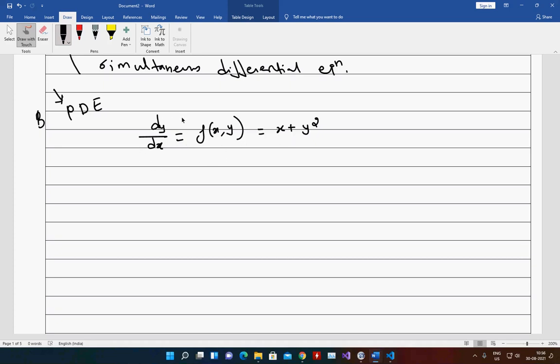Now when we solve any differential equation, what is the output of this? That you have to tell me. So option A, function. Option B, solution. Option C, sets of data. Option D, all of the above.